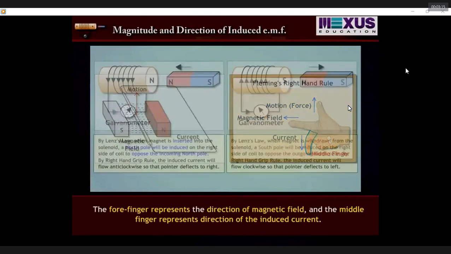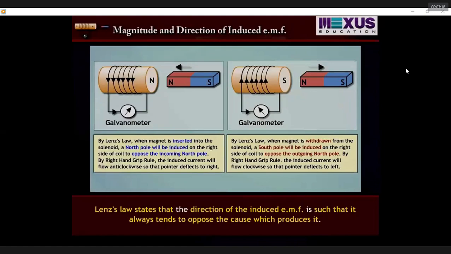Lenz's law states that the direction of the induced EMF